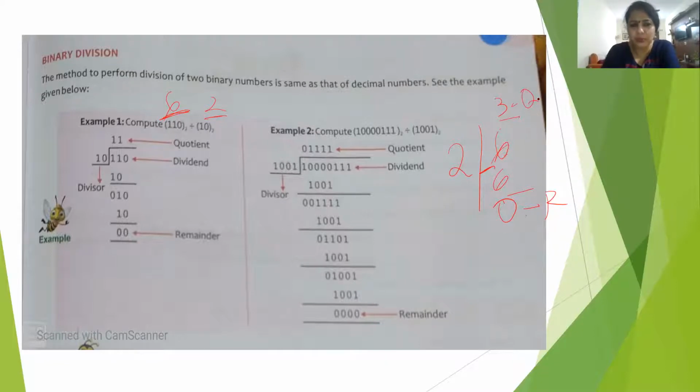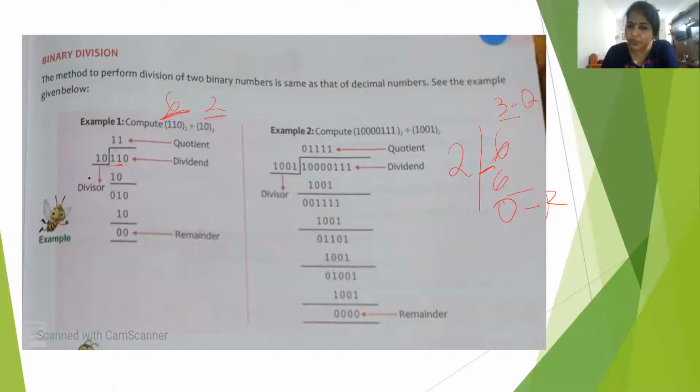Now look here. When we talk about 110 and 10, there is one rule in division. You go from left to right. The divisor is 2 digits, so first take the first 2 digits, and check whether this 2-digit number is more than 10, that is, whether subtraction is possible. If subtraction is possible, we put 1 in the quotient. If it is not possible, we bring one more digit from the right-hand side, and we put 0 in the quotient.